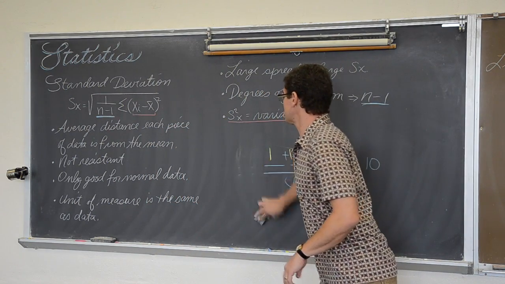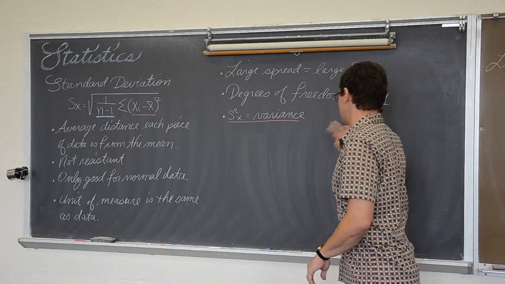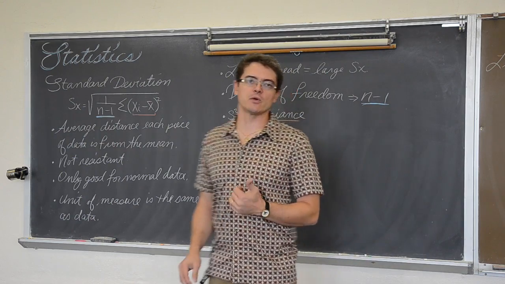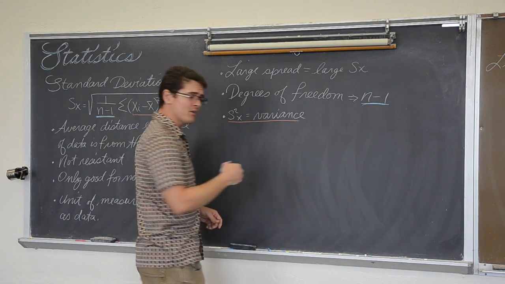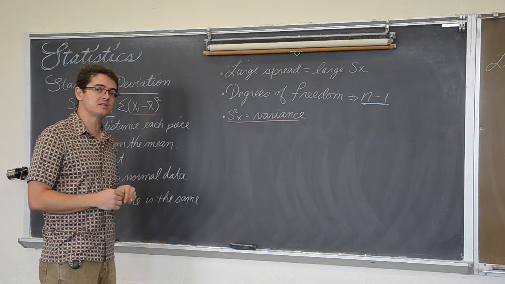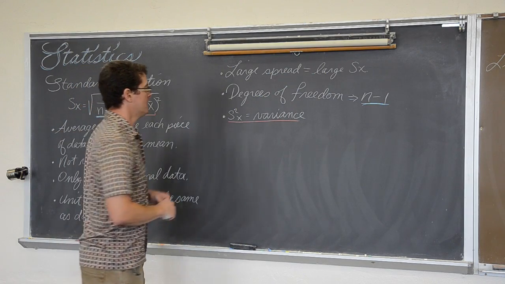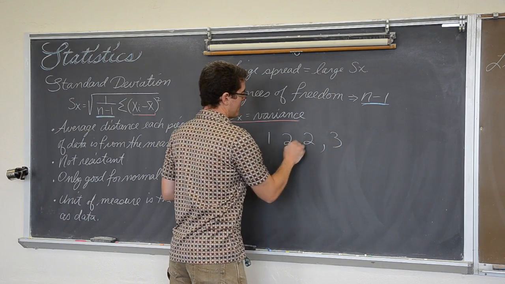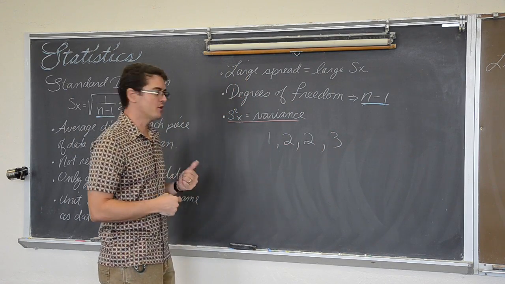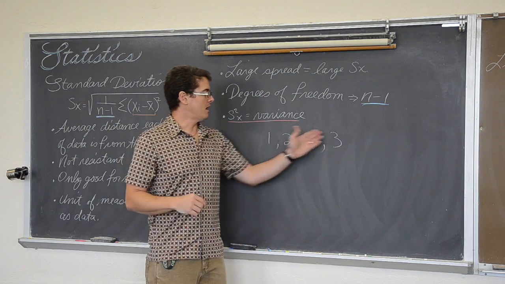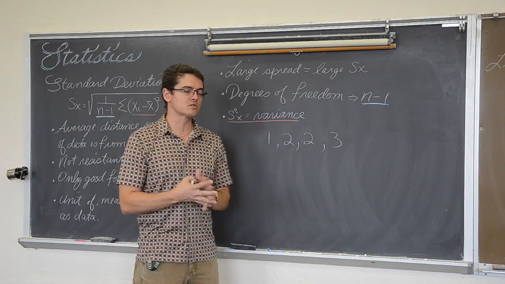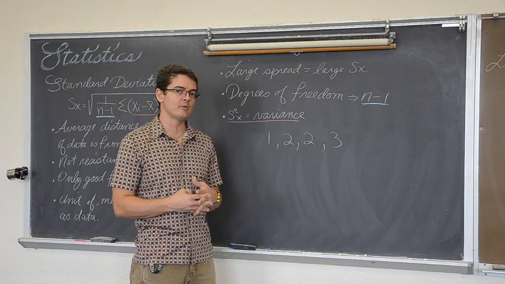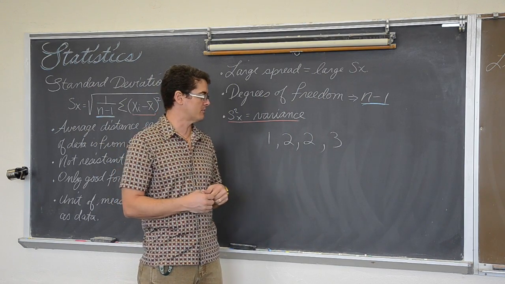Let's walk through this formula for standard deviation so you can see it worked out one time before we move on to linear transformations. By the way, I just threw a lot of stuff at you that you might see in multiple choice questions on a test. So here are some easy numbers: 1, 2, 2, and 3. You might recognize this from the previous video if you watched it. This is very symmetric. I want to be able to do this quickly in my head, so forgive the super easy example, but we're going to find the standard deviation of these 4 numbers.